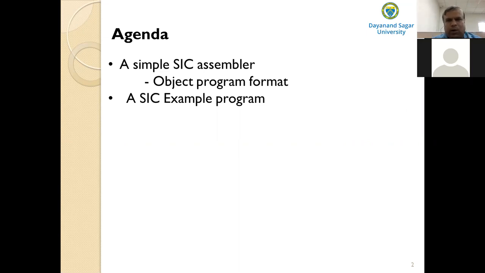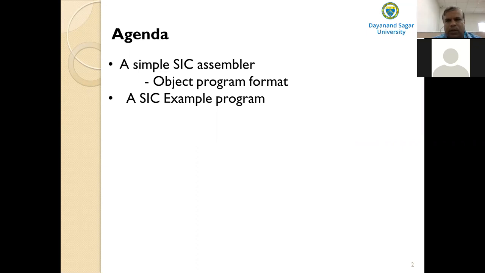And what are the basic assembler functions? Anybody? What are the basic assembler functions? The translation of the source program into the object code requires us to perform the following functions.